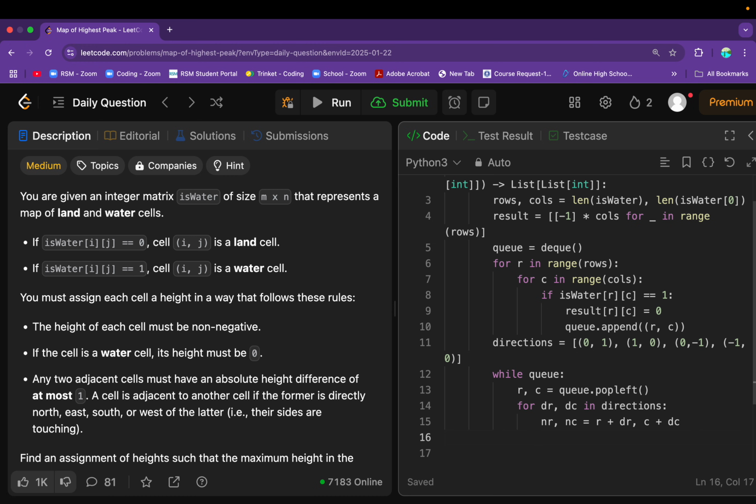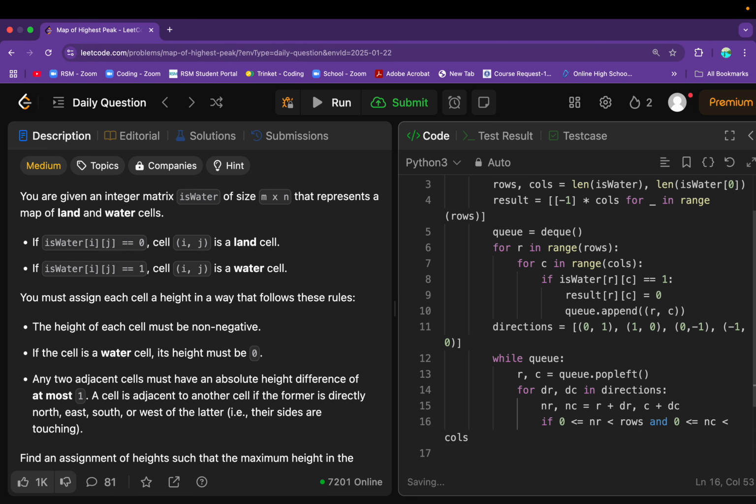So the way we can check if it's in bounds is if it's actually within 0 and the number of rows we have. The new column, sorry, is at least 0, so non-negative, because of course we can have negative indices in this case here for NC, and it's at most columns - 1, and if the result at this specific cell, NR and C,